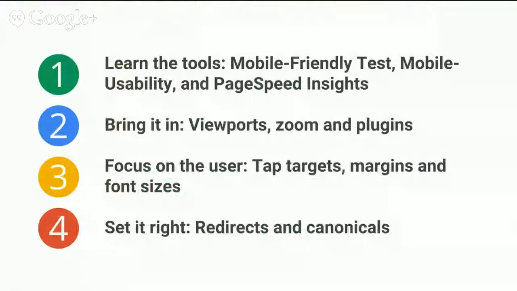We talked in the previous sessions about the tools that you can use to check your pages for mobile friendliness and to help you solve the problems that your pages or your website as a whole may be having and displaying on mobile devices. We talked about the CSS modifications and HTML modifications you can make to define the viewports for your pages, the zooming behavior, and how to avoid plugins. We talked in the third session about the size of buttons and tap targets and setting margins and proper font sizes. And today we're going to be talking about a topic dealing with redirects and canonicalization,